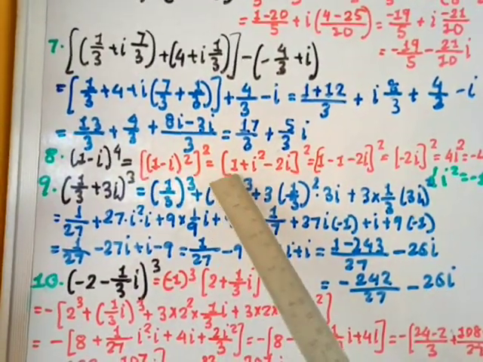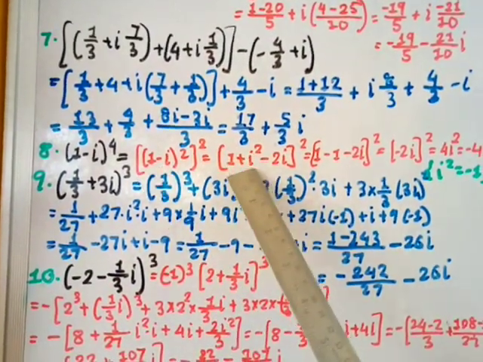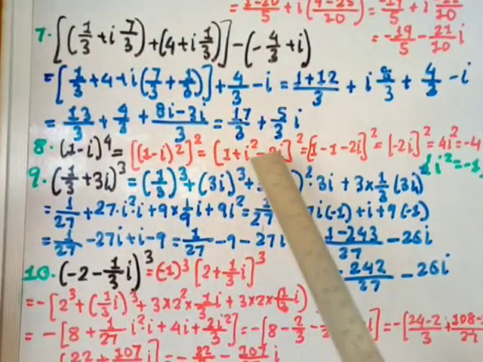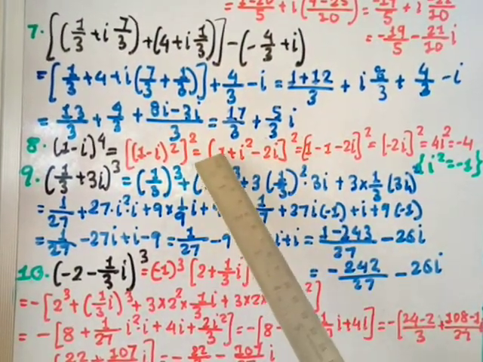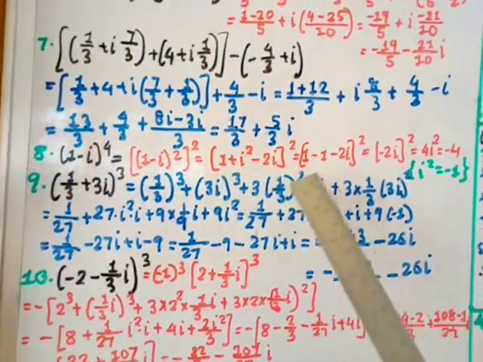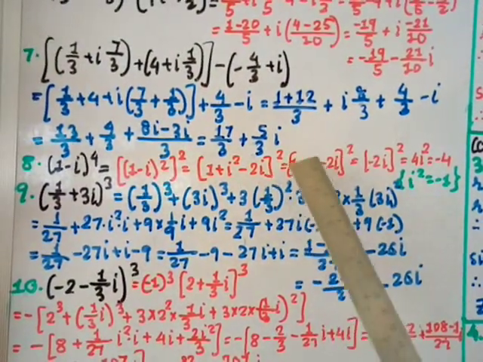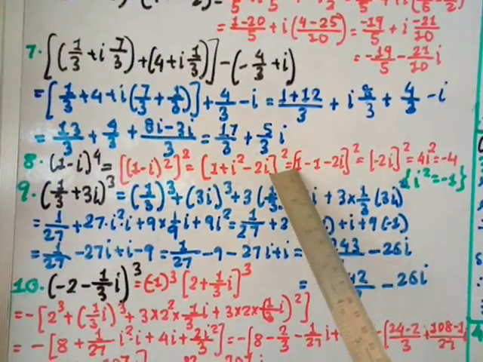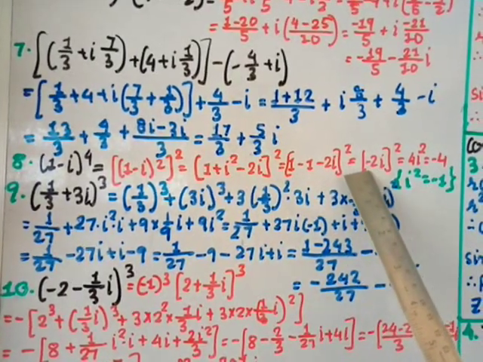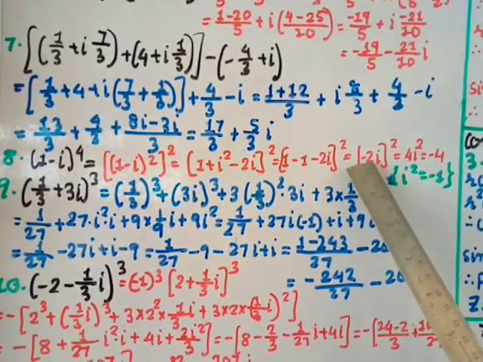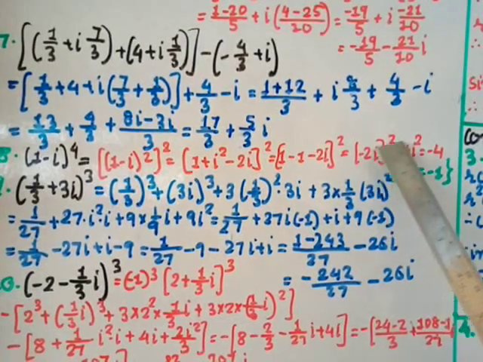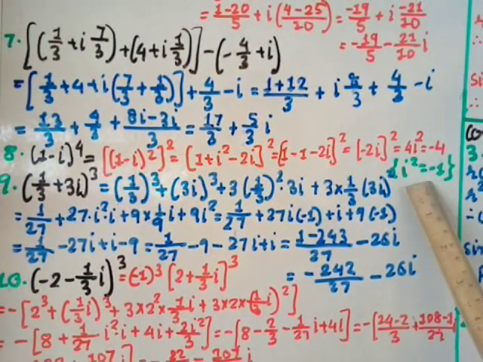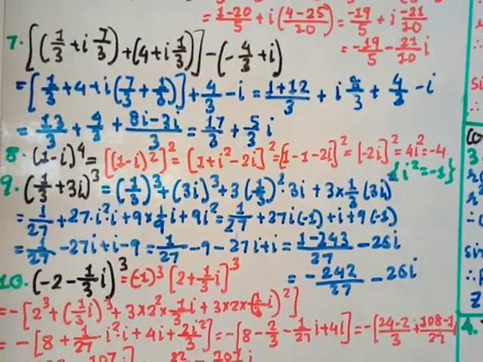So here 1 square plus i square minus 2 times 1 into i, that is 2i. Okay, now 1 is as it is, i square value we know is minus 1, right? So put here minus 1, and minus 2i plus 1 minus 1 cut, so you get here (minus 2i) whole square. Square it, so minus 2 square is 4, i square is i square, but again i square is minus 1, so minus 1 into 4 will give you minus 4.